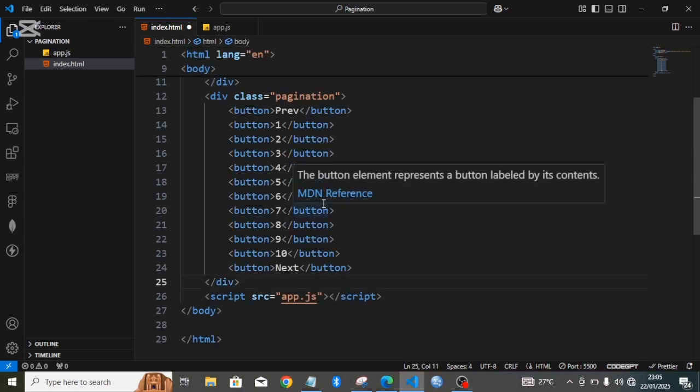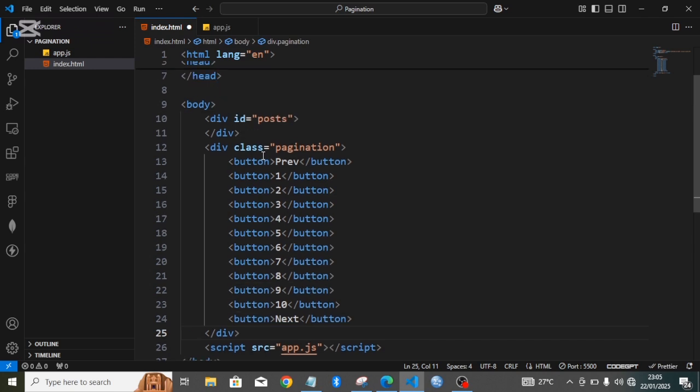All right. So these are the buttons. We have the previous button, we have all the buttons 1 to 10, and we have the next button. So then this button, I'll be adding an on click to it, and this on click, I want